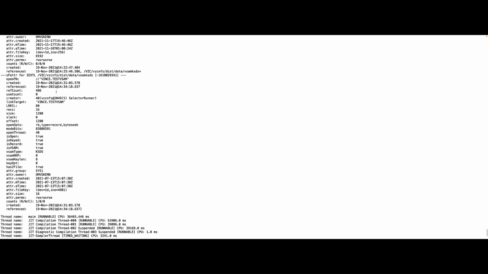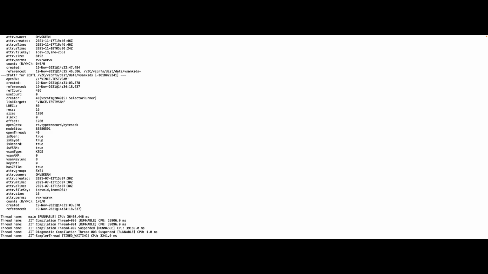I'll skip to this one because I called it out before. You can see that we processed a particular VSAM file. You can see when that data set was created and so forth. You can see the actual underlying data set name and all of its attributes, the record length, number of records, all of that, and anything you might want to know. Significantly,